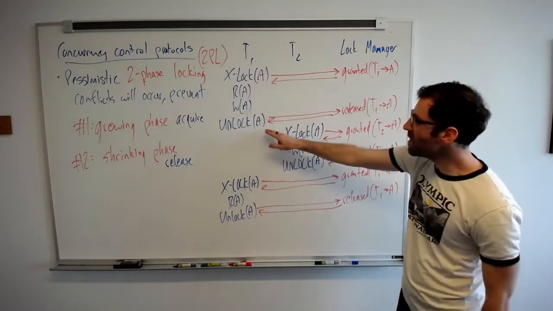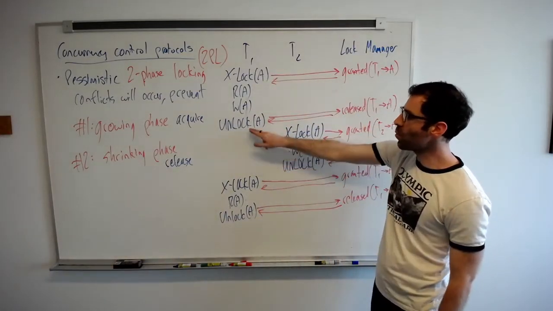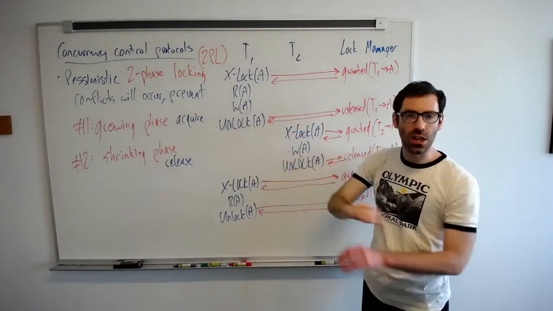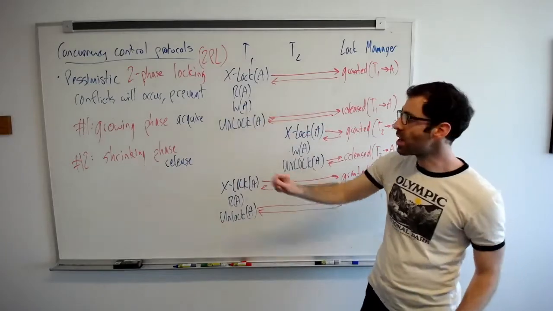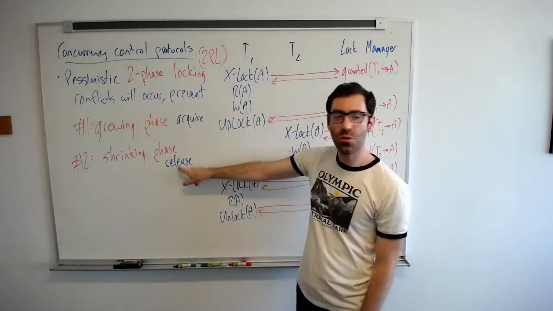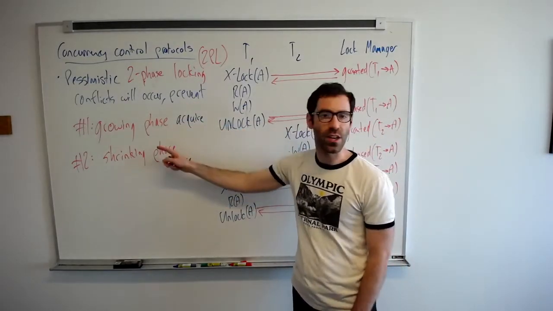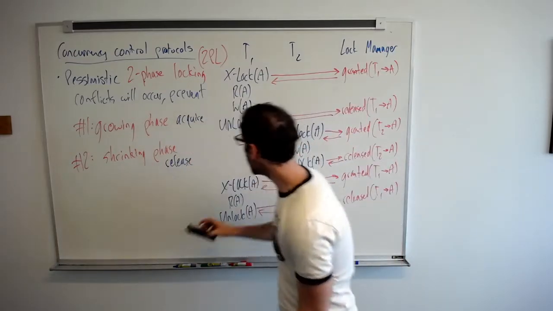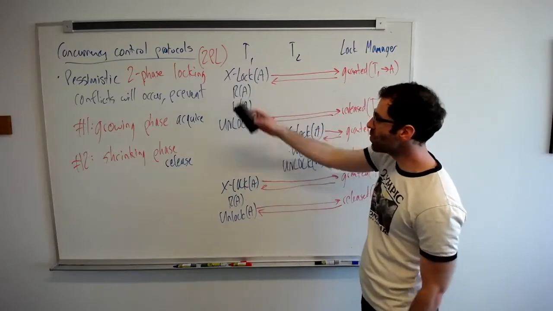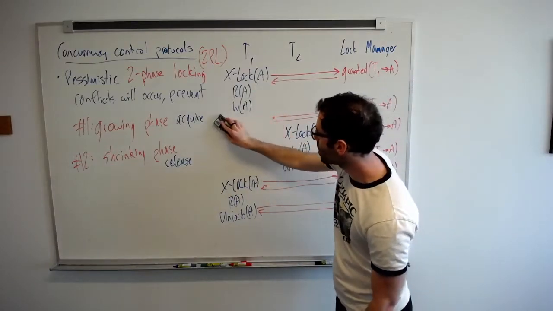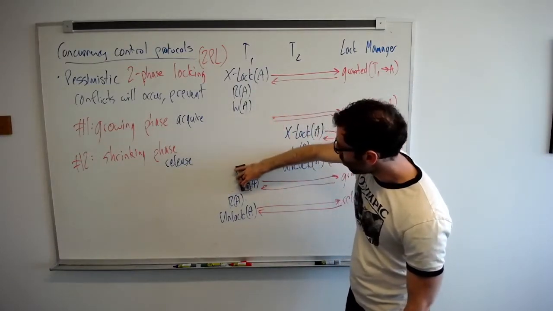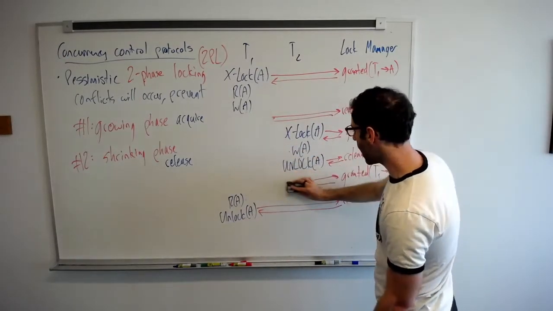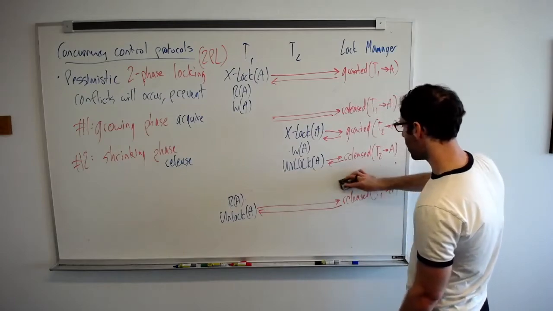And so what this means is that T1 here would not unlock A until it is completely done with A, because once it starts releasing locks, we're in the shrinking phase and we can't acquire locks anymore. And so under this two-phase locking, we would not unlock and reacquire. And so we would not have these requests,